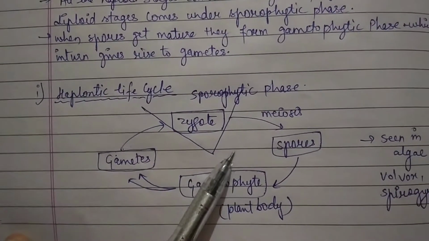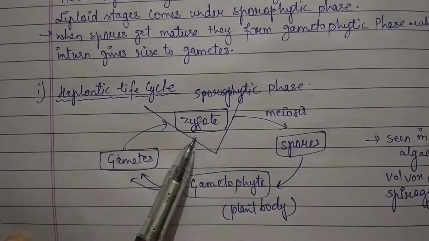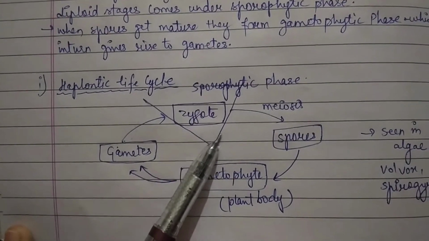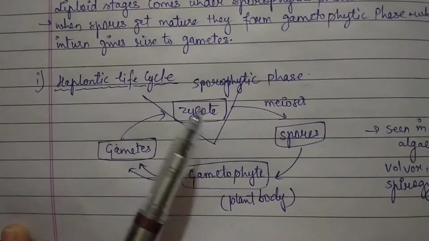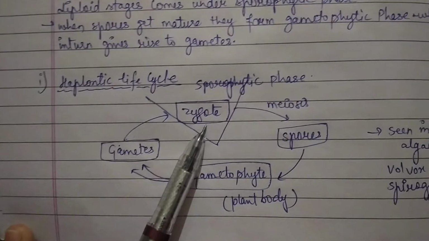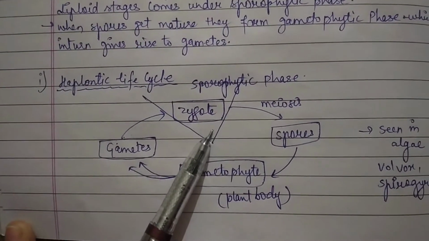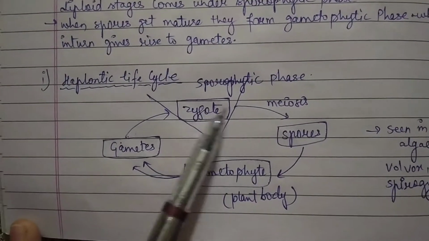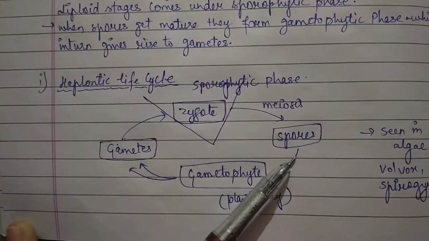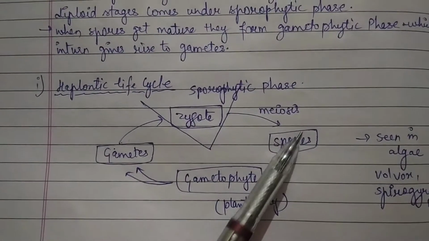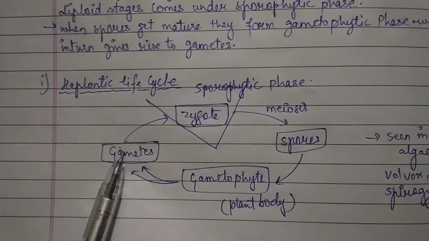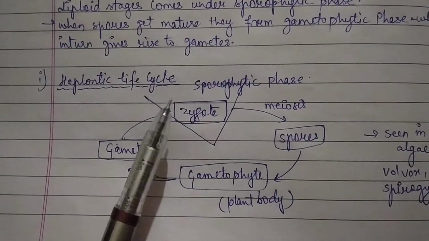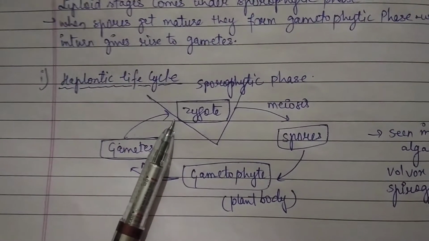This zygote will be of a very short period, this will happen only when reproduction is required, when the plant wants to multiply, right? Then the zygote comes, and it has a very short lifespan, and again that will undergo meiosis, then spores will come, and this part is more dominant and longer as compared to the zygote. This will happen only when there is a requirement by the plant, right?